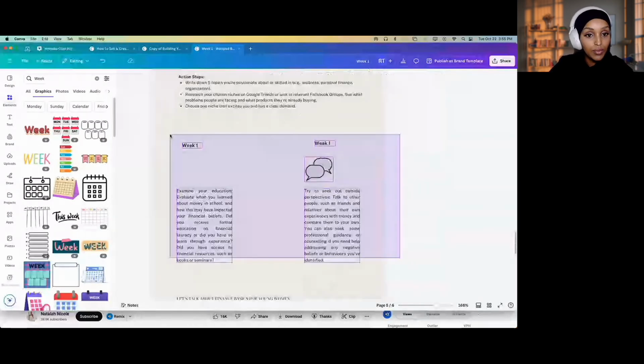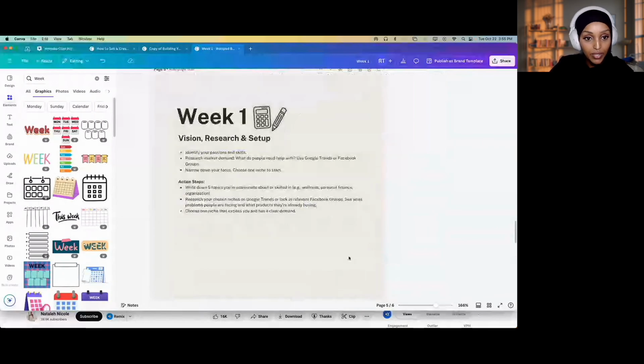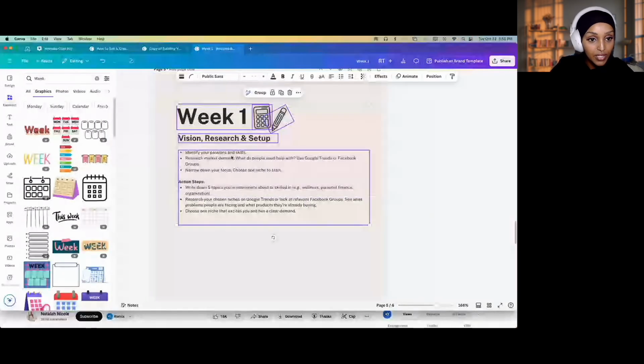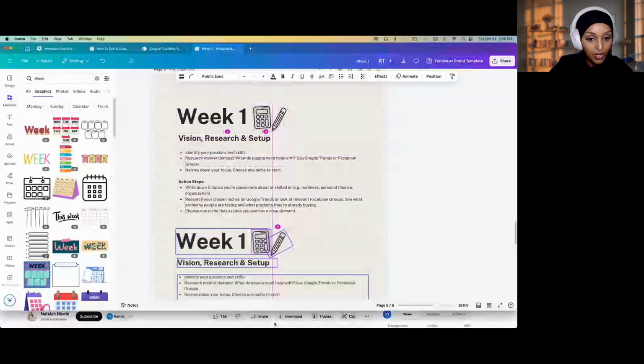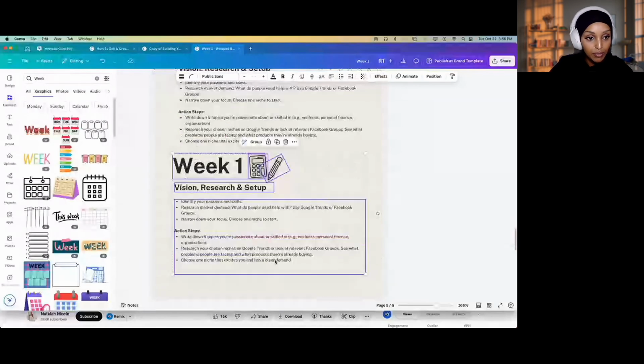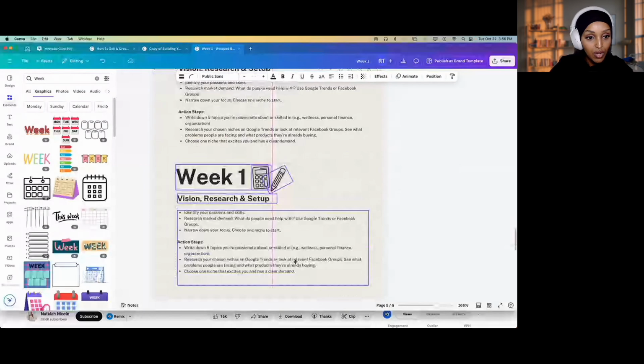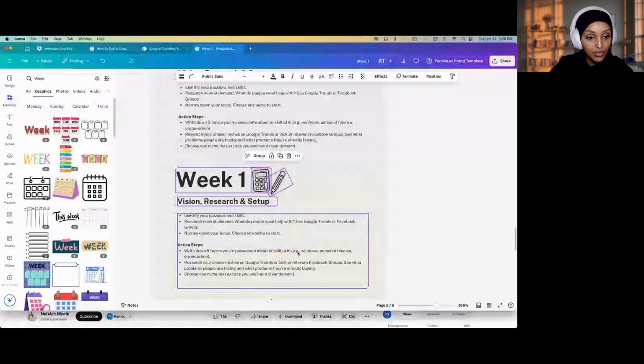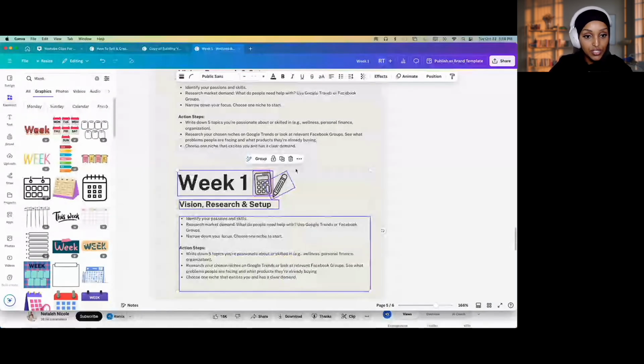Let me show you a hack when it comes to Canva. And I'm going to put in a Canva ebook that would definitely help if you literally don't know how to use Canva. I've linked the ebook down below and it'll literally guide you on how to use it. So as you can see, I literally just copied everything.